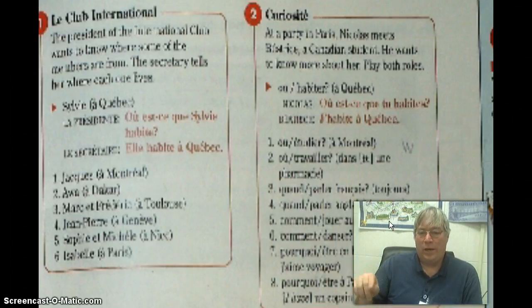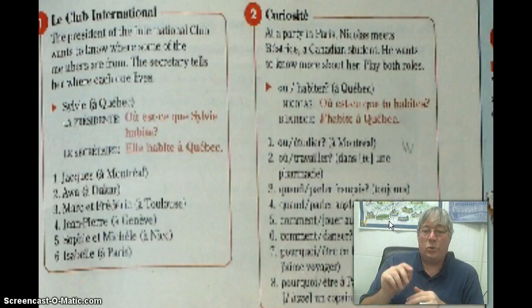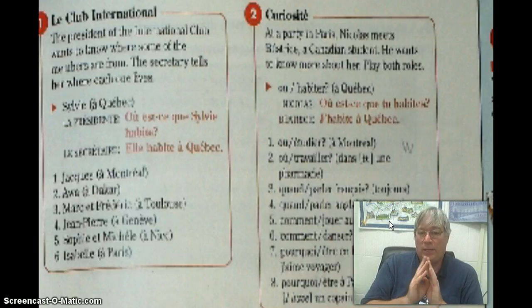Why is it that you are in France? And I say, parce que j'aime voyager, because I like to travel. The whole answer is right there in the parentheses for me this time. And the same thing now with number 8. You're not going to use être like that. You have to match it up with the tu. So I'm telling you, it's tu es. See if you can ask the whole question, though. Go ahead.